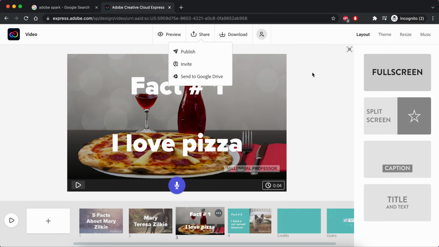If you want to upload it onto YouTube, which is another thing that you can do, you can go to Download. It'll download the video onto your computer, and then you can upload that onto YouTube. So those are your two different